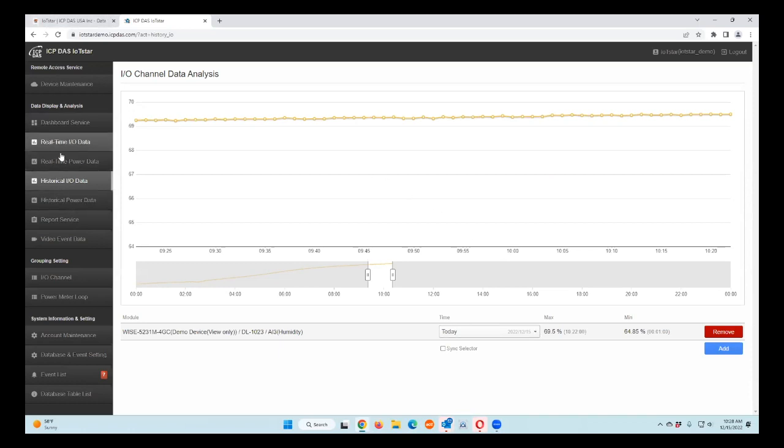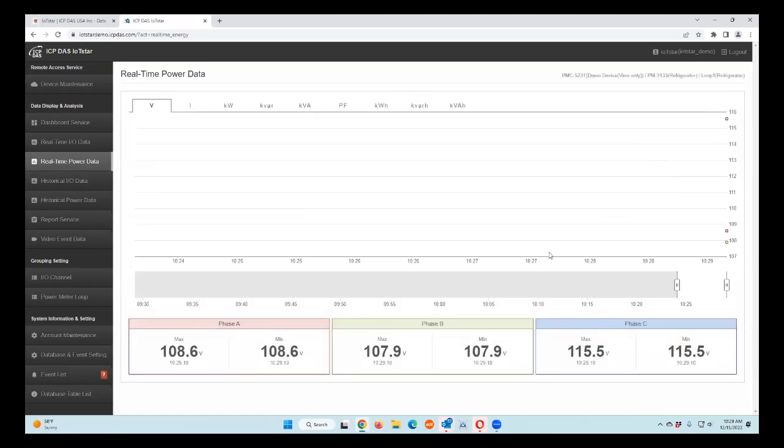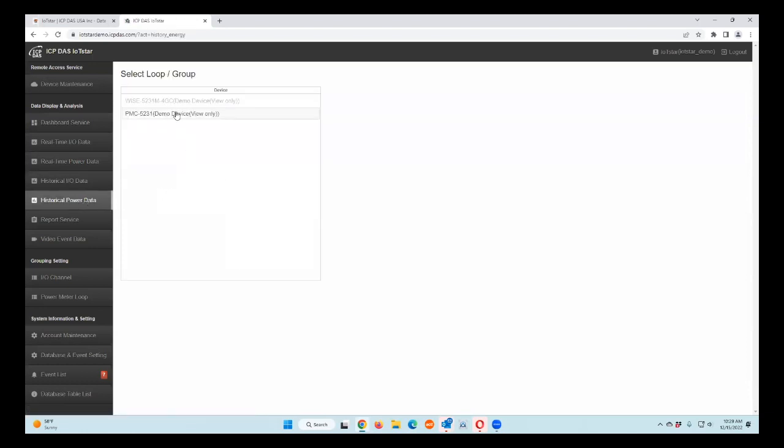You can also do power data, which is shown here. With this is our PMC 5231, which is a power monitoring power meter concentrator. So for instance, the refrigerator data you can view here, loop 1. This is real-time data. So again, the data will appear over here as time goes on. Let's see, we'll just wait for a few samples to pop up. So you can see the power change and fluctuate as time goes on. You can also view the historical data by clicking over here for historical data and doing the same thing,